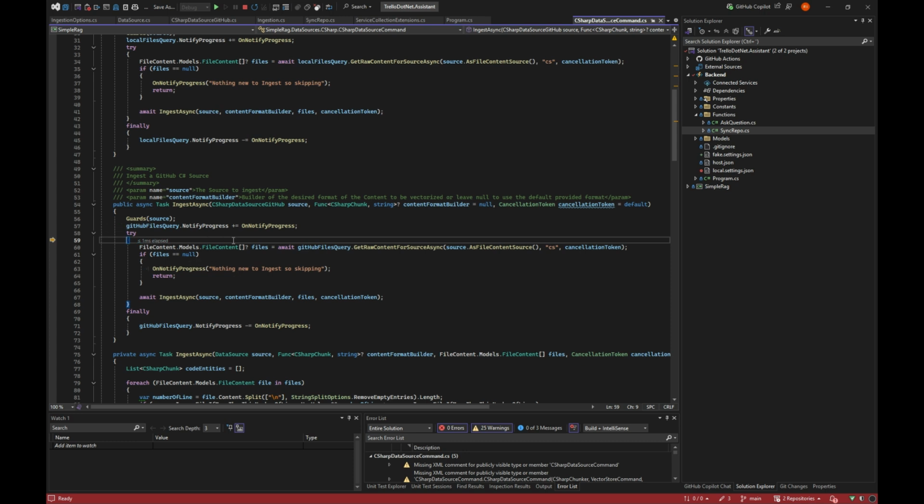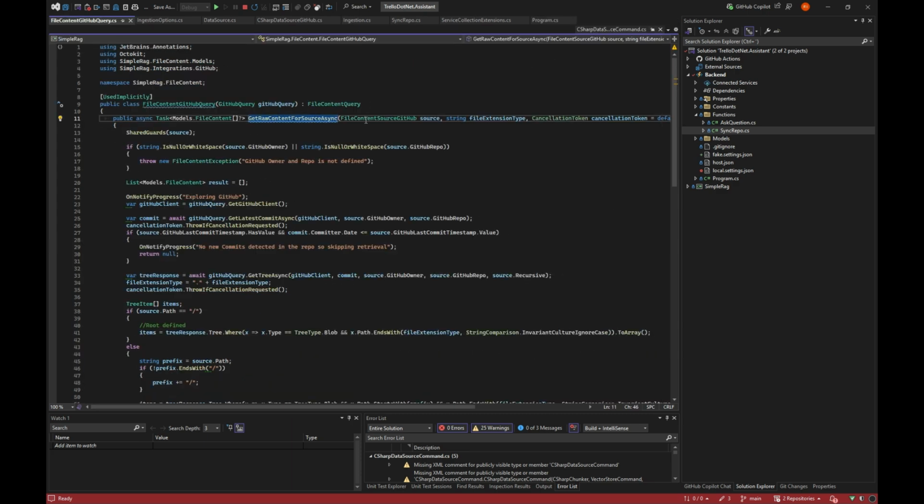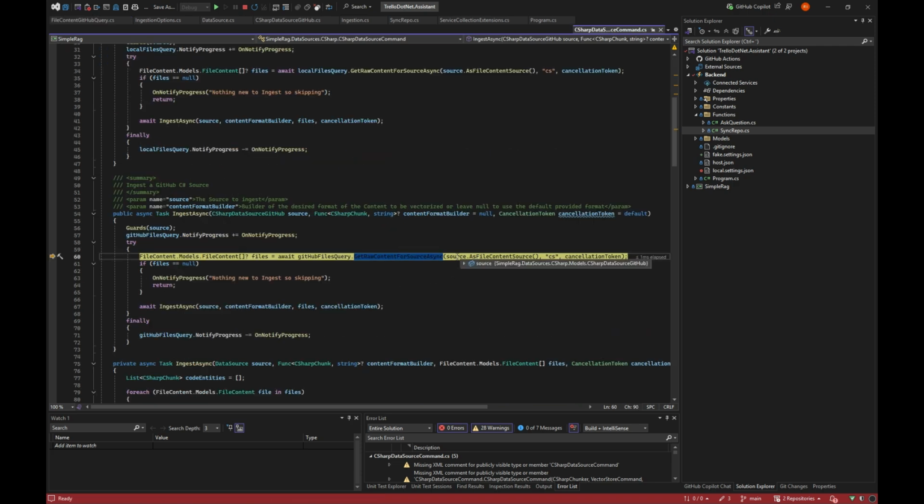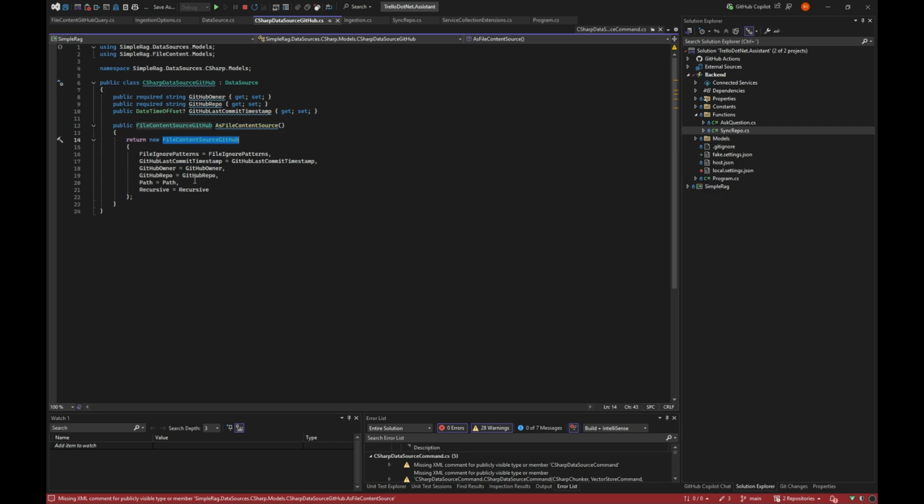And then we go in, because we are in a GitHub part, we need to get each file that is a C# file up here. And for doing that, we need to have a source. In this case, because it's generalized, it's a file content source for GitHub. So we take our original source, which had the repo and so on, and quickly turn it into a file source.